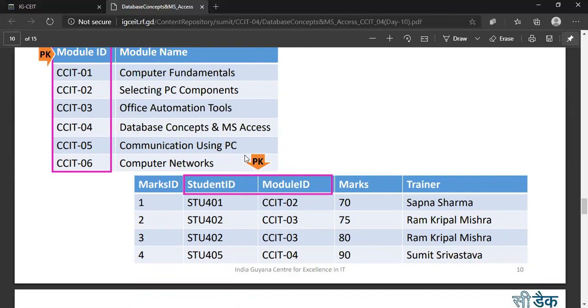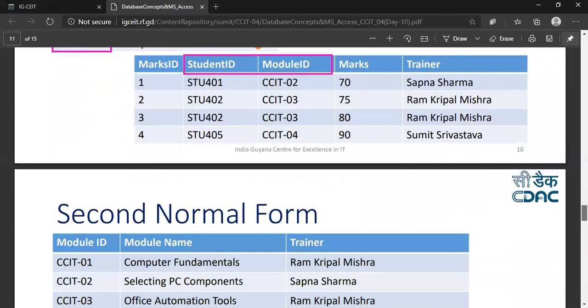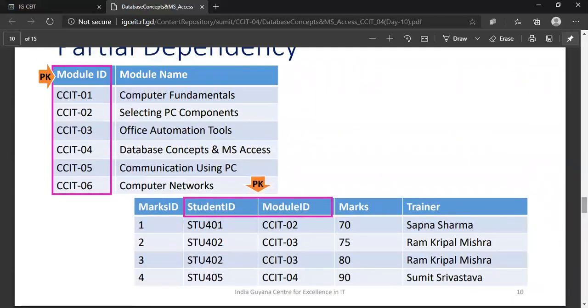This is called a composite key, where we have two or more columns connected together. And here we are making a single primary key with the help of two columns. And if you see, in this scenario, module ID is used to fetch the module name.